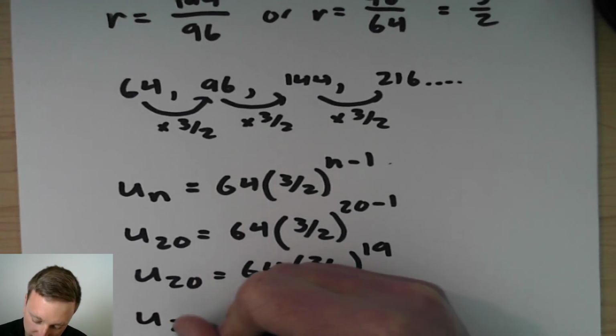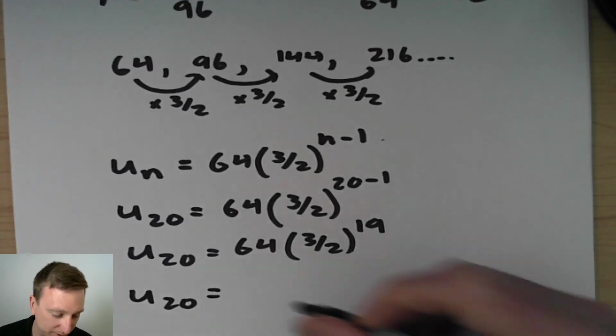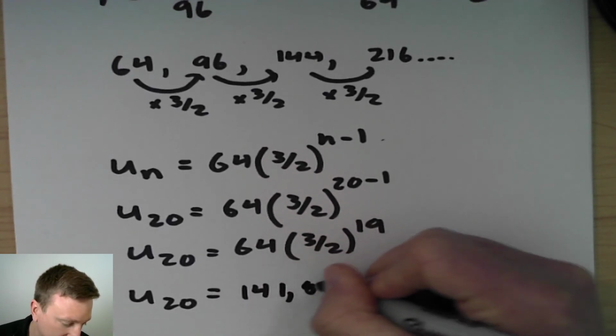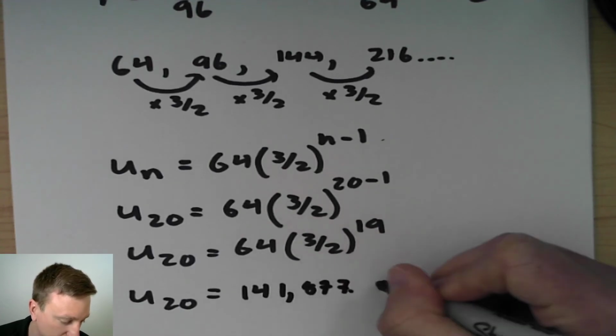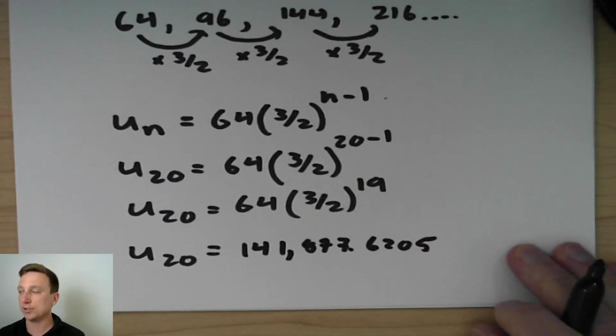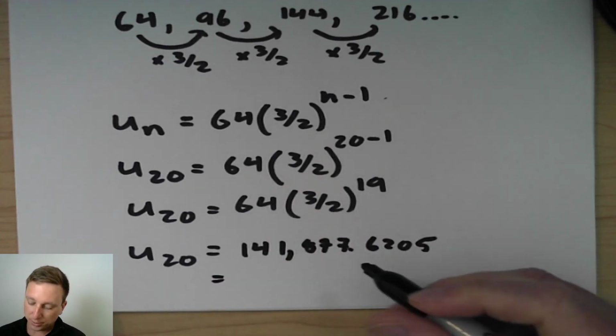So we can say the 20th term of this geometric sequence is 141,877.6205, or if we want to go 3 sig figs, which is what IB asks for, we would have